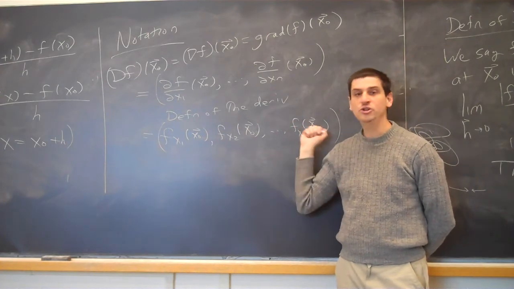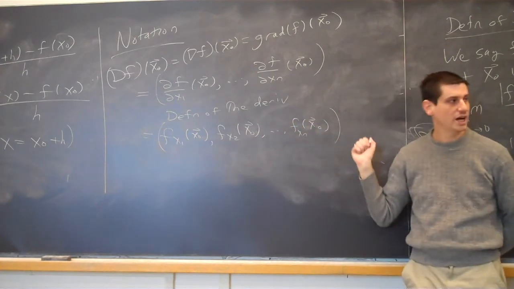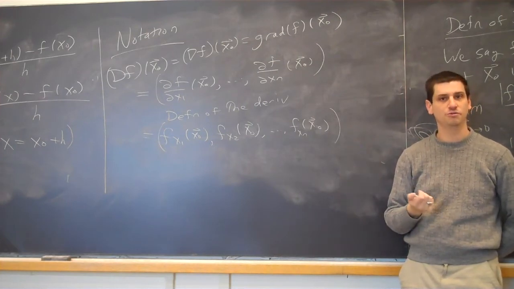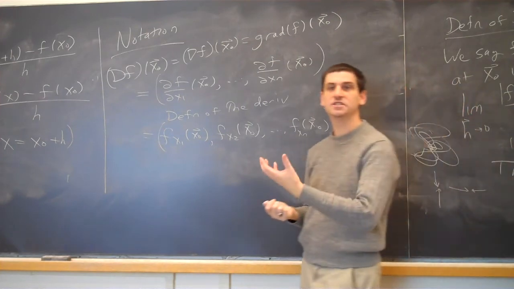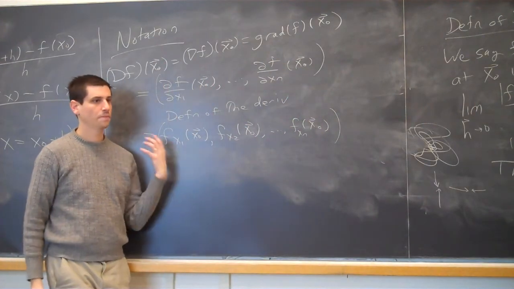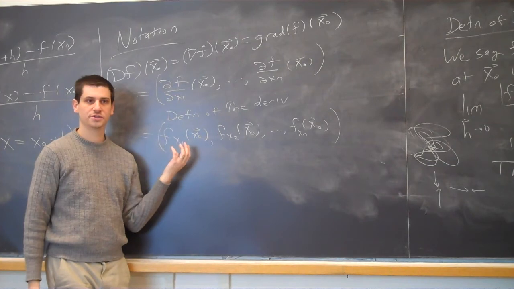This is why we get an n tuple of numbers. I have n different variables. I'm giving you these n tuples. Later we will learn something called directional derivatives, so you can figure out how fast is the function changing in a given direction. Okay. Why do we care about derivatives?